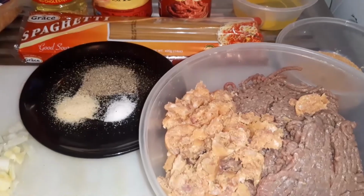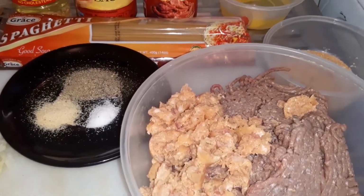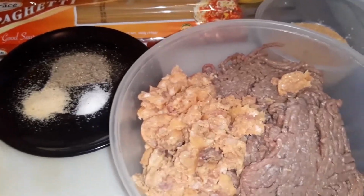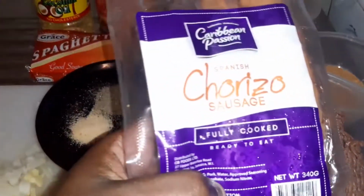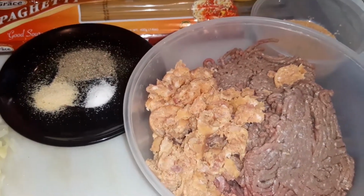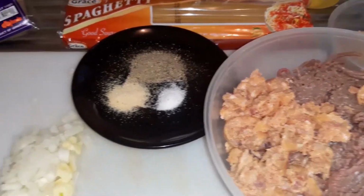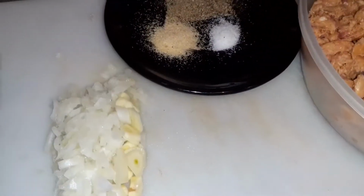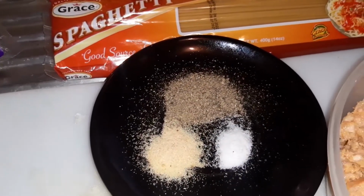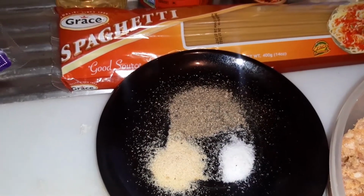Today we will be making spaghetti and meatballs. Okay, so we have here our minced beef, and I added some pork sausage. I used this brand, the chorizo sausage, because what that will do is add a little flavor to your meatball. I also have some chopped garlic and onions. We also have black pepper,